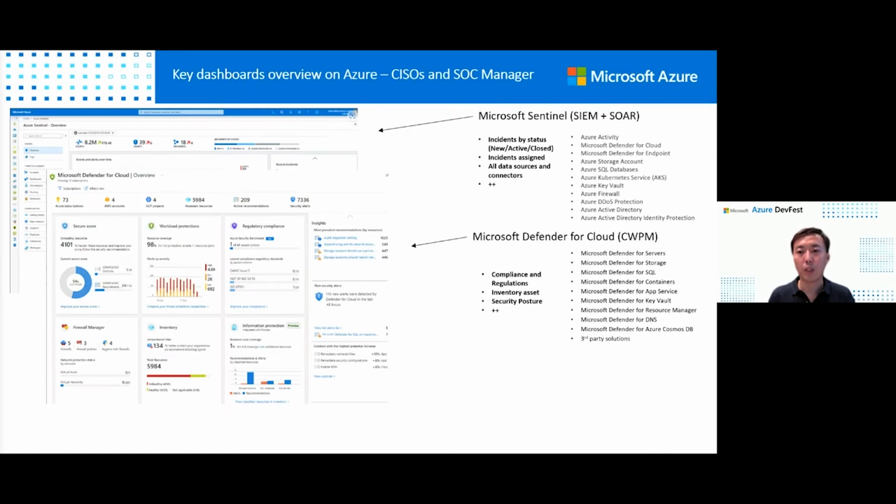Azure cloud. And if you look on the right side itself, Defender for Server, Defender for Storage, these are the areas that we talk about when it relates to Defender for Cloud, because these are the things that usually will be hosted on Azure cloud. Your servers, your storage, your containers, your key vault, your DNS, your database. So these are areas that are not much different when you compare to on-prem, but you still will look